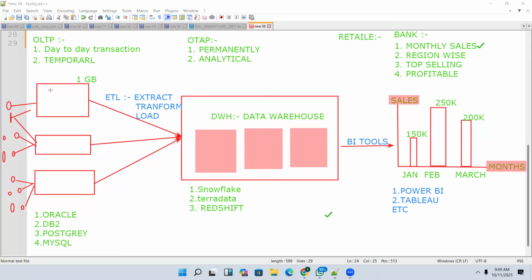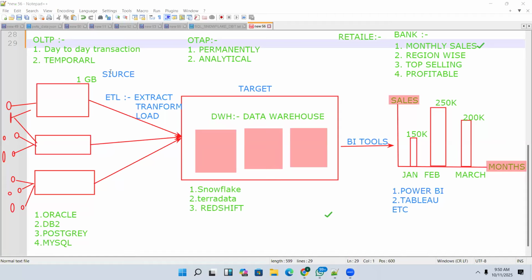E stands for extract. It will extract the data. If necessary, they will do some transformations. And once they do the transformation, the data gets loaded into warehouses. In simple words, normally this is a source, guys. Source means where the data is. This is a source. This is a target. If you want to move the data from source to target, we use some ETL tools.